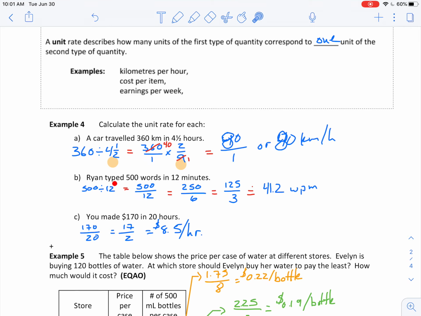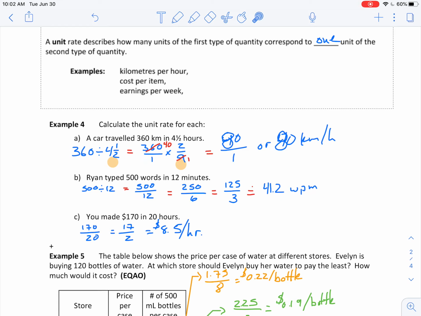Next example. Ryan typed 500 words in 12 minutes. Okay, so 500 into 12. So we can write that as a fraction, 500 over 12. We can keep reducing it, 250 over 6, 125 over 3. And I'm looking for 1 minute, so I need to divide it by 3, which gives me approximately 41.2 words